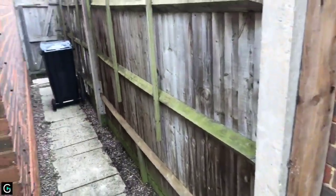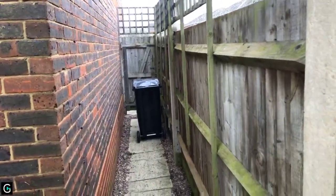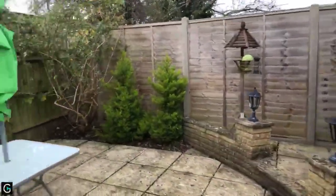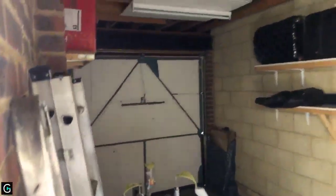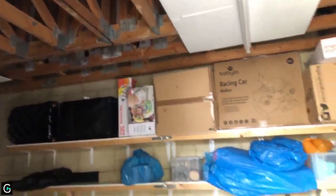So what I'm going to do, I'm just going to show you the back garden. So there is your side gate access, and then it's all patio, so really low maintenance garden, and you've got access to the garage, and it's a good sized garage as well. Just show you the space in there. You've got rafter storage here as well. So yeah, really good sized space, lovely